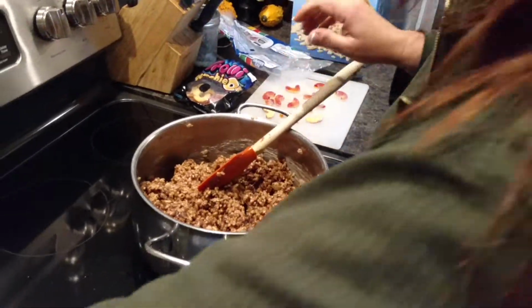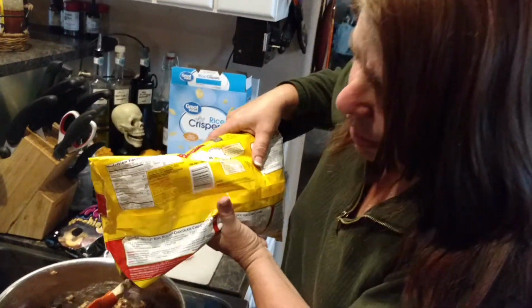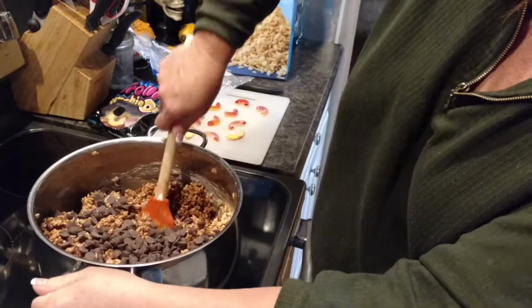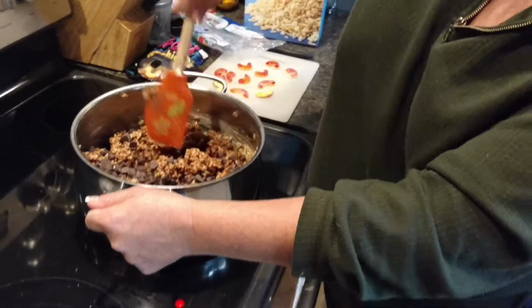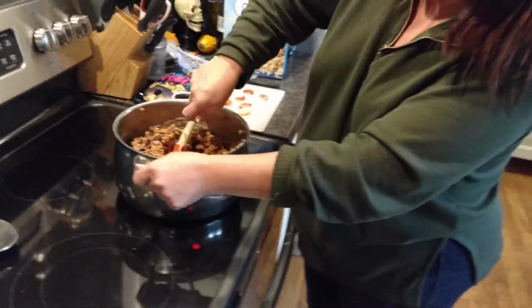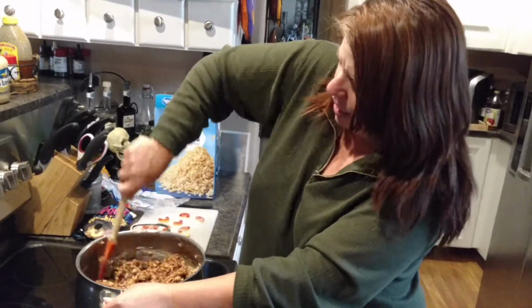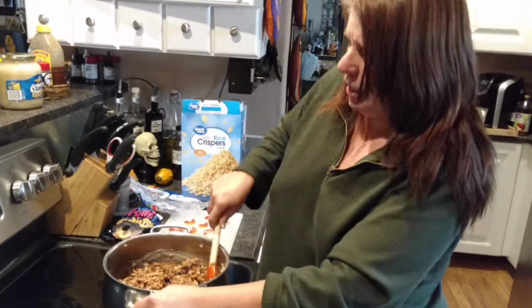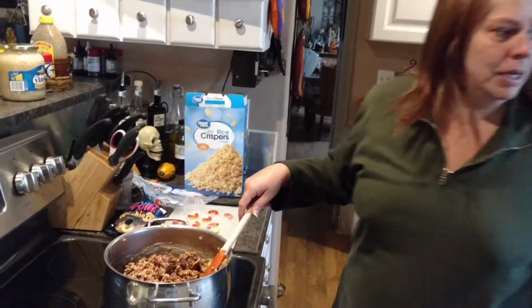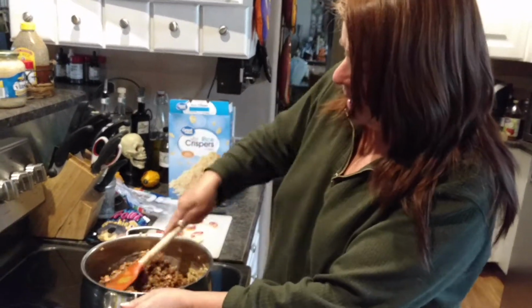So now I'm going to add a little bit more of my chocolate chips to it because I want it to be chunky a little bit and chocolatey. Isn't that going to look yummy? And I don't measure, sorry. I am notorious for not really measuring what I put into my stuff. So this is beginning to be just the right consistency, to my opinion. Get that out of our way. And